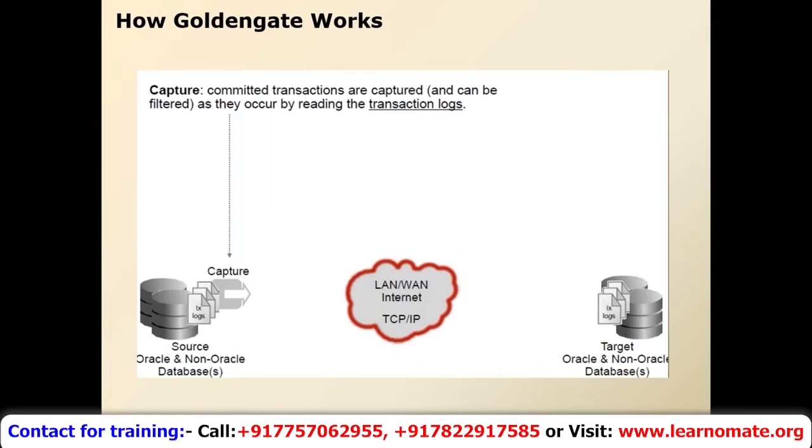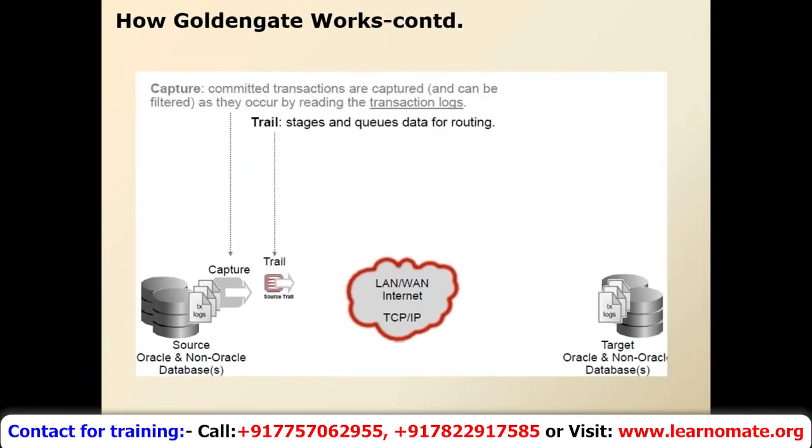So you have transaction logs at the database level where the transactions are made. Now remember, the transaction logs of the database contain committed as well as uncommitted transactions. GoldenGate reads the transaction logs and only captures the committed transactions. Once the transactions are captured, it writes them to the trail file on the local machine, which is called the local